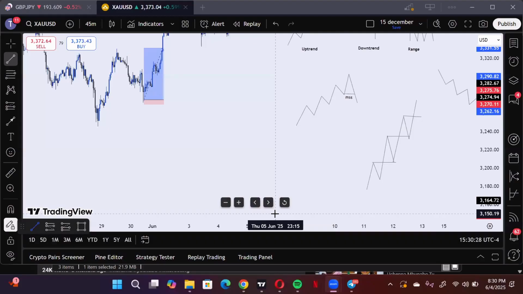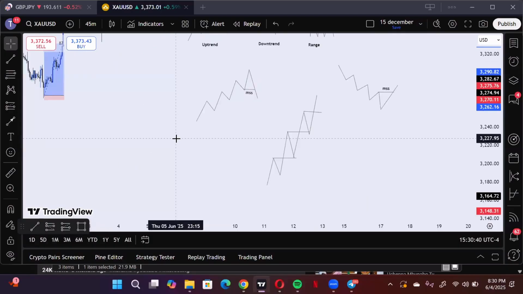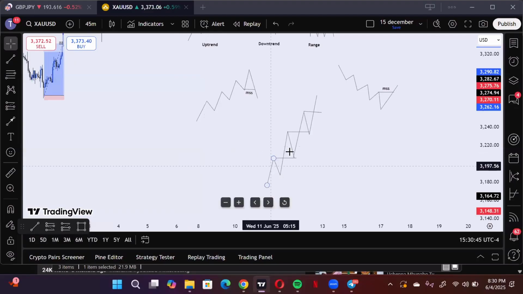Okay. So I should start with break of structure again. All right. So like I said, break of structure is a scenario where price keeps breaking a key level while maintaining its current trend. So you really know the market is on an uptrend if market makes a higher high,